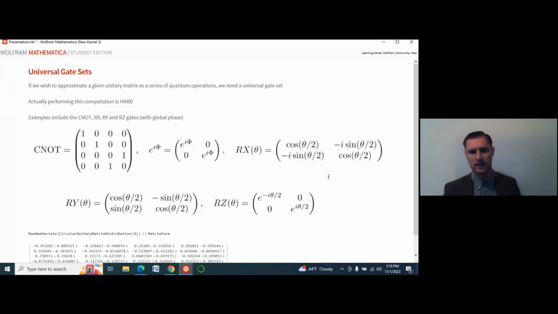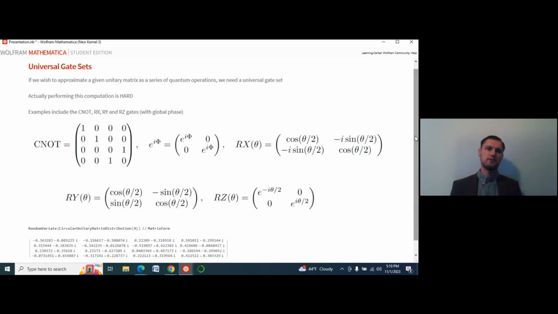Oh, yeah, let me clarify a few things. When you break it down, you have to break it down into universal gate sets. So these are operations that you can do between 1 or 2 qubits, in this case anyway, that can approximate the unitary operator. So it has been mathematically proven that these 5 gates here, C naught, Rx, Ry, Rz, and the